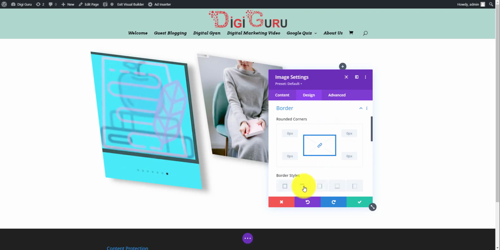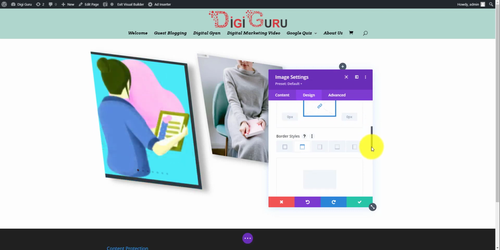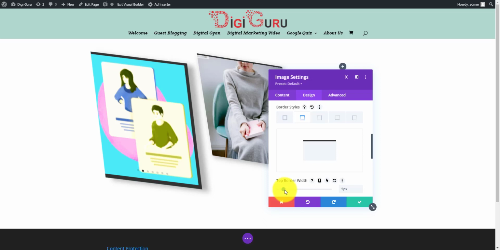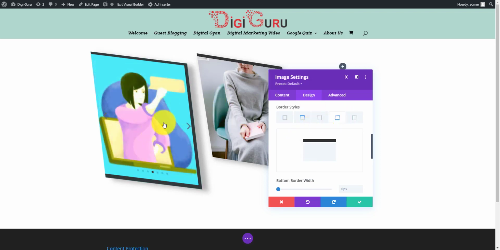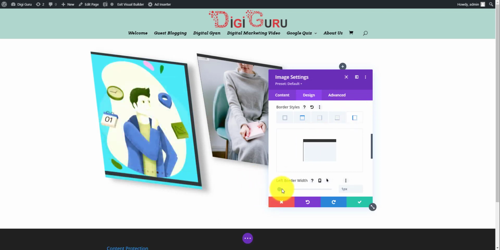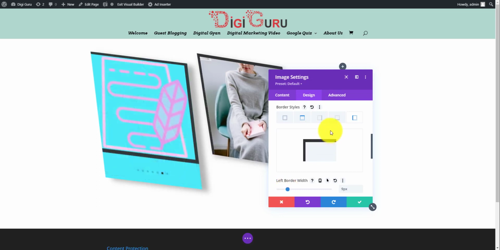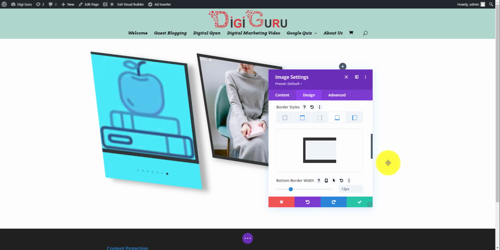I want it on the top, and let me increase the depth of the border. So you can see the border is appearing now. I need this side as well. So for a change, this time I'll have it this way. I'll not have this side because this is the image, so I'll try to differentiate it from here. So I selected this side and I will increase the border size, right, as you can see, and at the bottom I want this to go a little bit down,